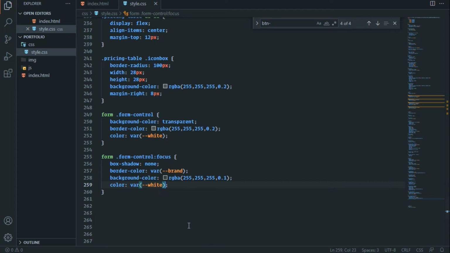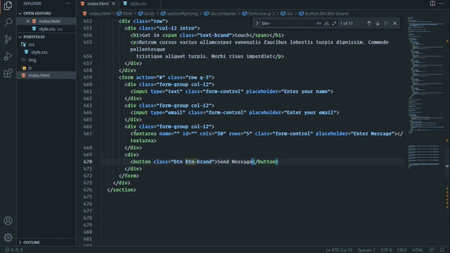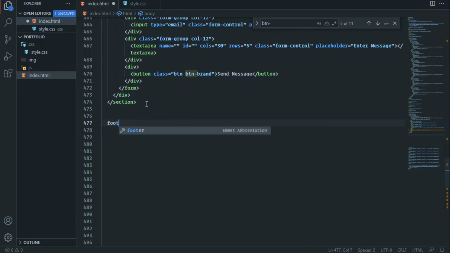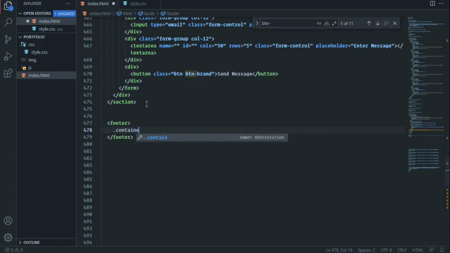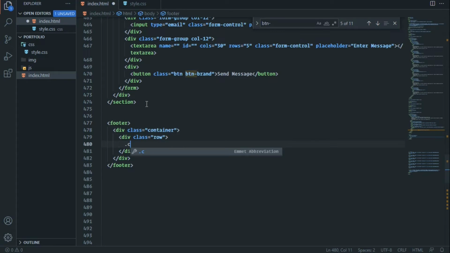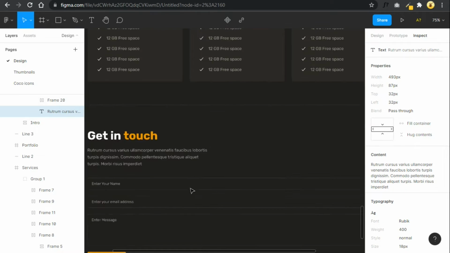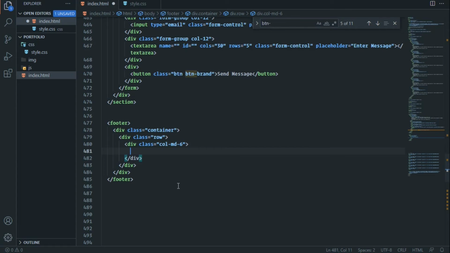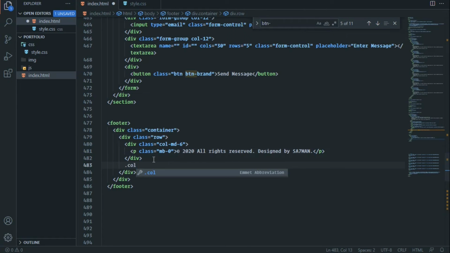So I'm going to design the footer. So I'm going to create a footer tag. I'm going to create a container, and inside this container I'm going to create a row. This will be column MD6. So I'm going to copy the text. Okay, I'm going to paste it inside the paragraph. So I'm going to paste it, and I'm going to create another column. This will be column auto,